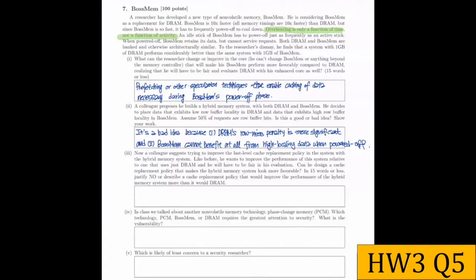So the main drawback of BossMem is purely power-off, and we can mitigate the penalty by avoiding accesses to BossMem during the power-off phase as much as possible. So how can you do that with the cache replacement policy? One possible solution is that